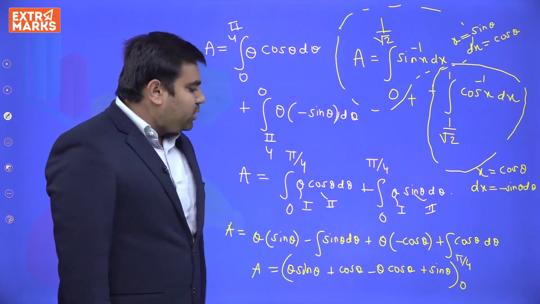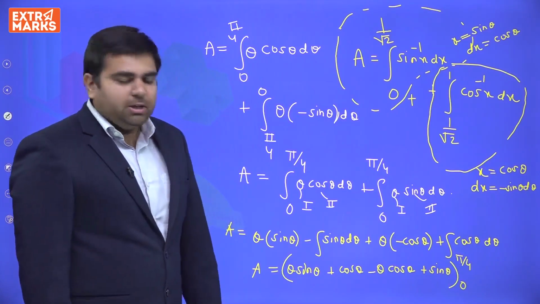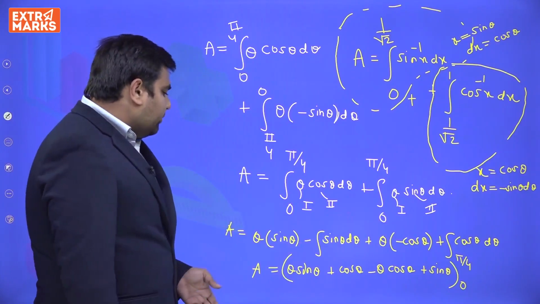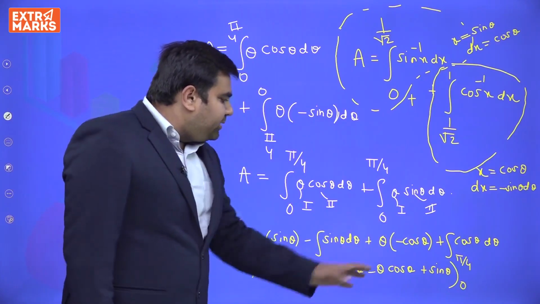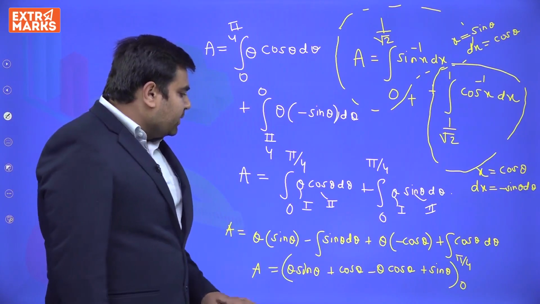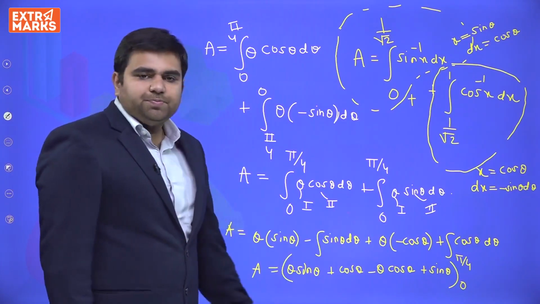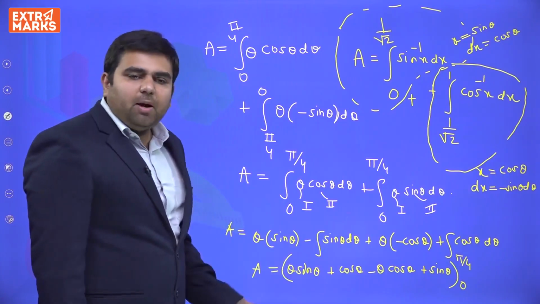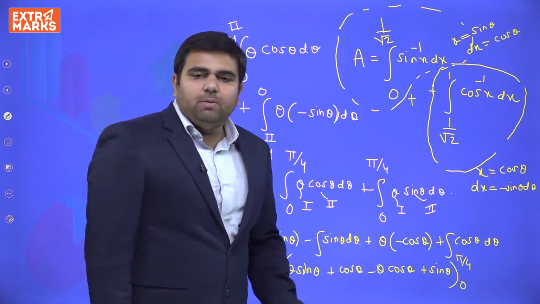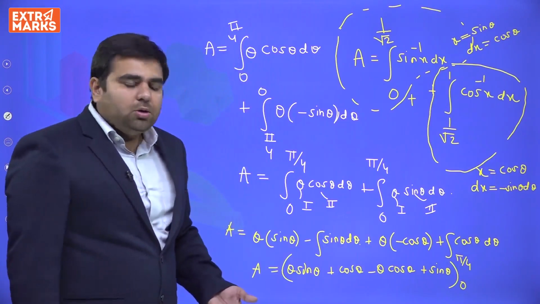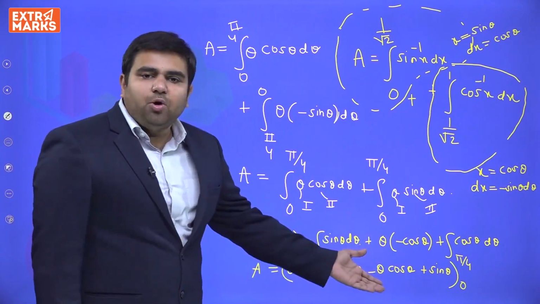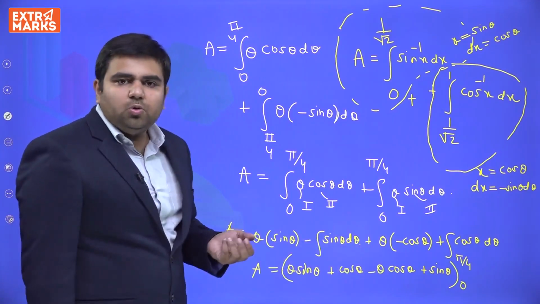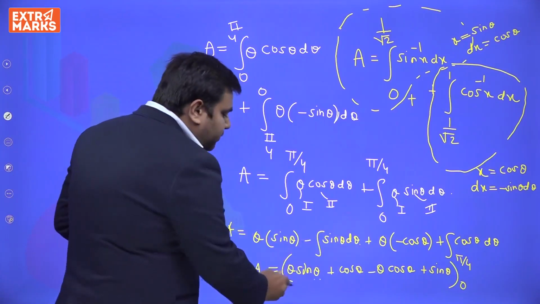Now you can place your limits and get the correct answer. At pi by 4, theta sin theta will be pi by 4 sin pi by 4, and theta cos theta will be pi by 4 cos pi by 4. So both are the same at pi by 4, and at 0 also both are the same because theta tends to 0. So there is no need of using this while